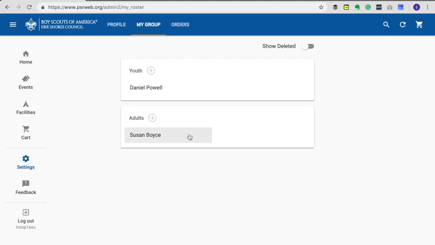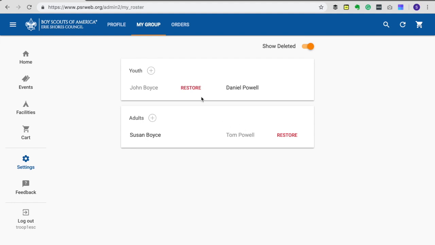you'll see that the list comes up now and John's name is no longer listed there. If I want to get that back, I can undelete it at any time. I just click this button up here in the corner that says Show Deleted. And you can see any names that have ever been on your list in the history of your list that have been deleted. As you can see, we had another leader, Tom Powell, who was already on there but had